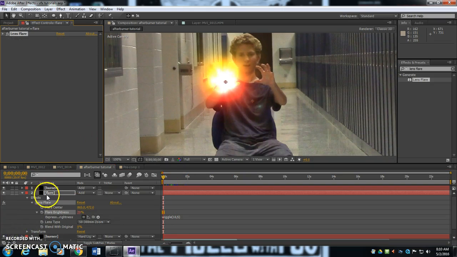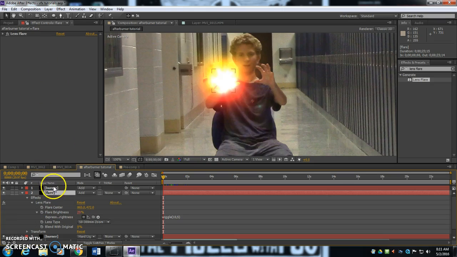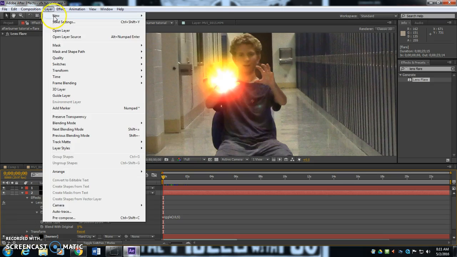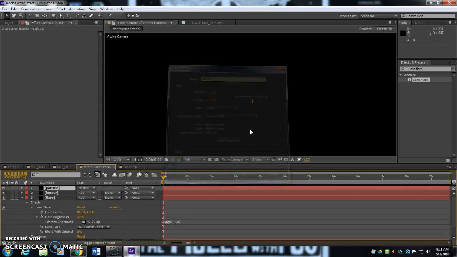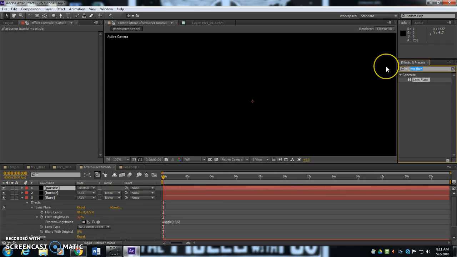Alright, and one more layer. We're going to put it above the flare layer, underneath the burning layer here. We're going to go to Layer, New, Solid, or Control Y. We're going to call this Particle. And we're going to look for CC Particle World. You can type Part into the search bar here, CC Particle World,